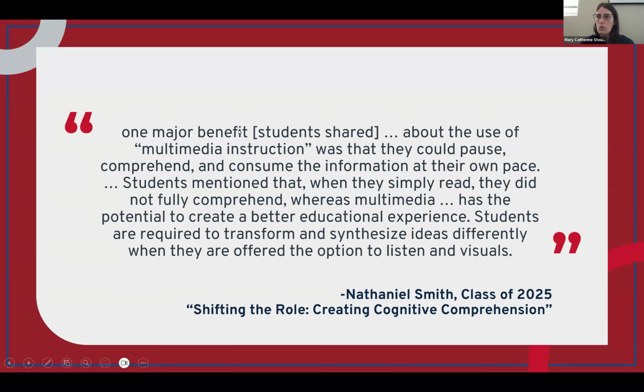So I wanted to take one moment to highlight one of our student partners. This is from a resource that he created called Shifting the Role, Creating Cognitive Comprehension, that is really about using multimedia effectively. He noted that one major benefit that students shared when he was interviewing other students about the use of multimedia instruction was that they could pause, comprehend, and consume the information at their own pace as they're interacting